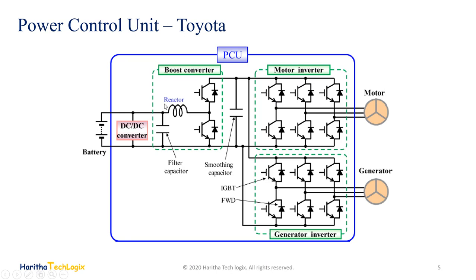So can we guess what is it for? Remember, this example is from a hybrid vehicle named Toyota Prius. So when we look at hybrid vehicles, they have a smaller battery capacity compared with electric vehicles. What is the reason?